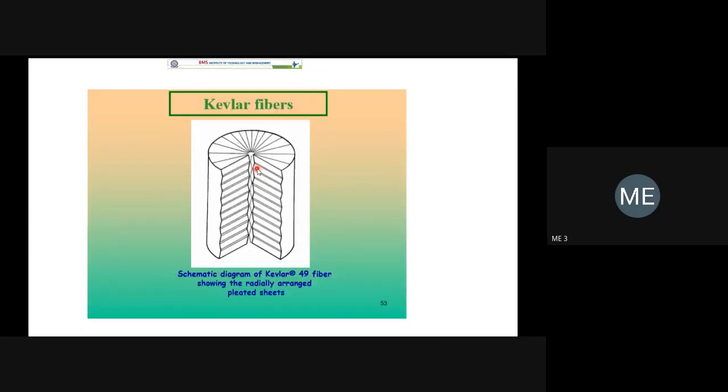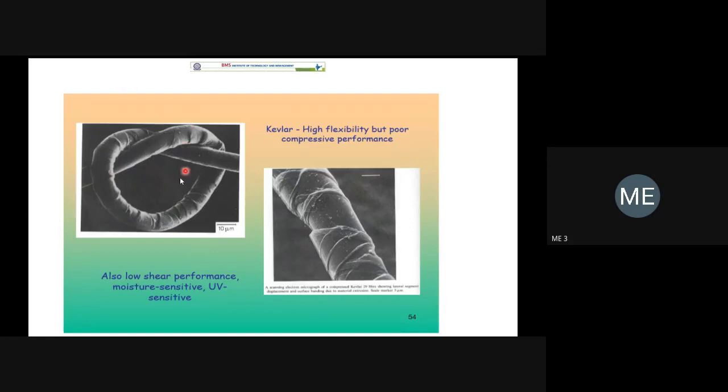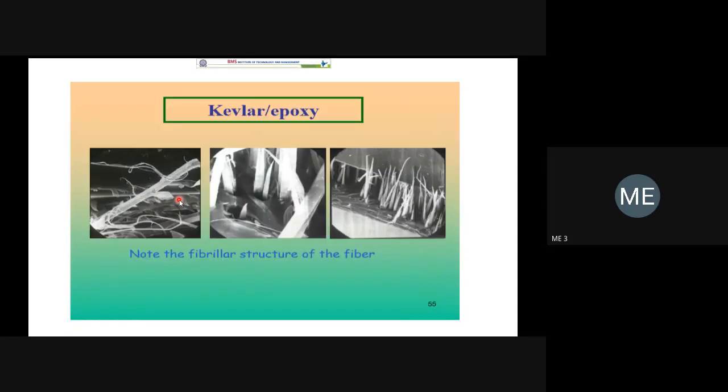If you take out only the fiber, this is the fiber. This is the actual photograph of the fiber. It is 10 micron. The thickness or diameter of this fiber is only 10 micron. You have to remember, it is not like a rope. Don't think that it is a rope. The structure is rope-like, but the diameter is around 10 micrometer. 10 micron means 10 mm divided by 1000. You will get around 0.01 mm. The diameter of this wire is 0.01 mm.